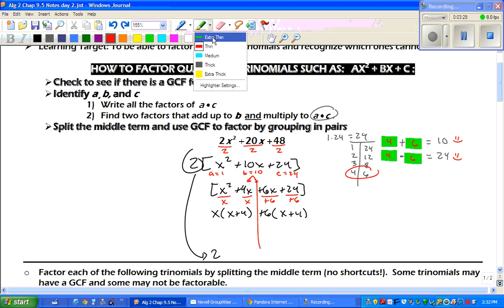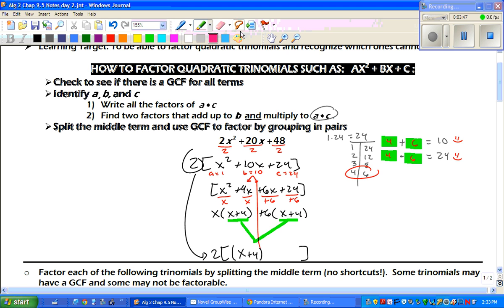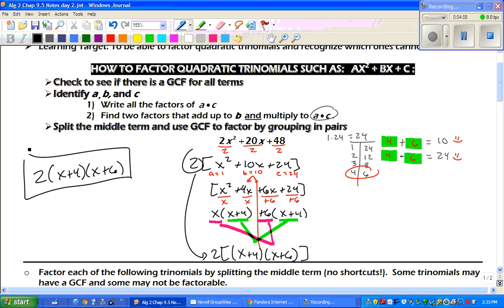Excuse me. So now, when we rewrite all of this, we have x plus 4, because that's what those create. And then the x and the plus 6 come together, and we get x plus 6. So our final answer, 2 times x plus 4 times x plus 6. Okay? So the only thing that's different now is we're checking to see if we can factor something out,